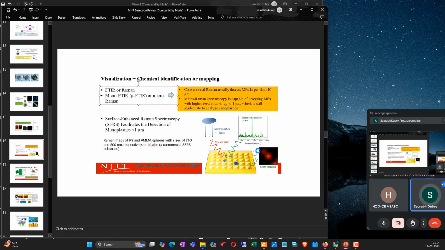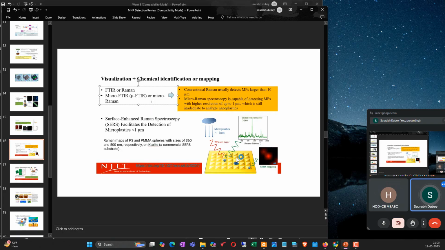Now there is something called surface enhanced Raman scattering. If the surface is gold, platinum or silver, these three noble materials only, and these metals are deposited here, then this metal shows a property which is called surface enhanced Raman scattering. So if your plastic